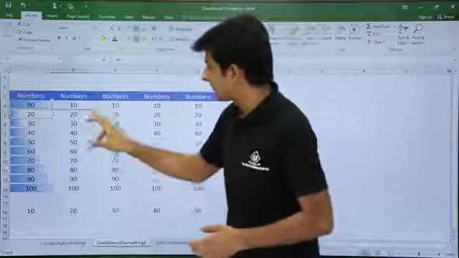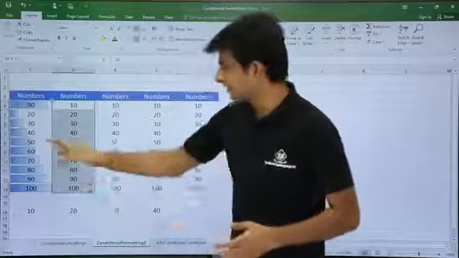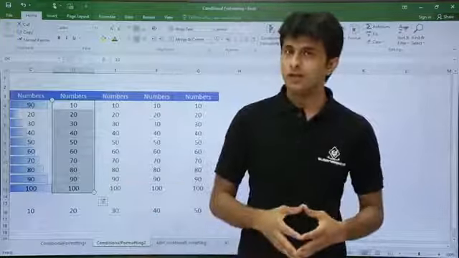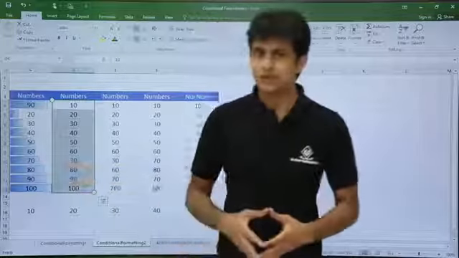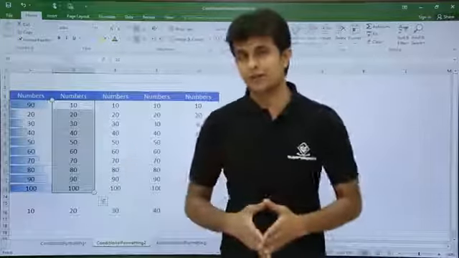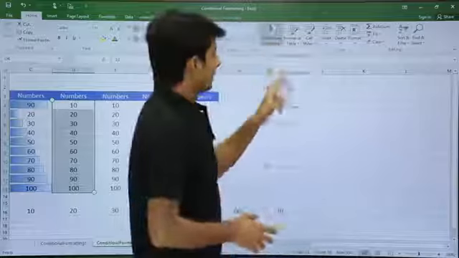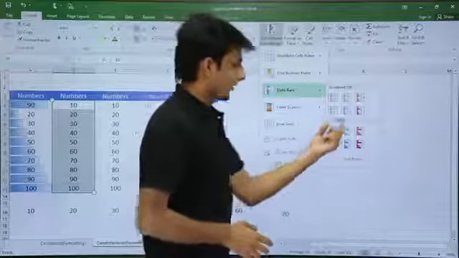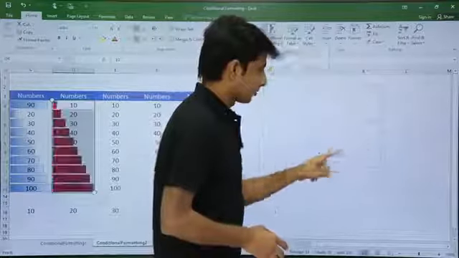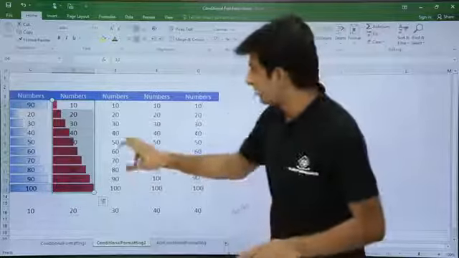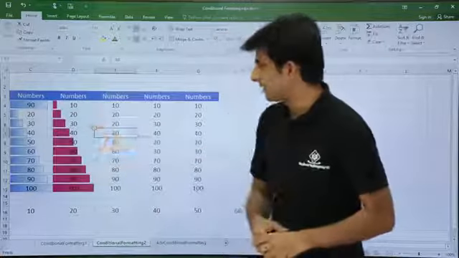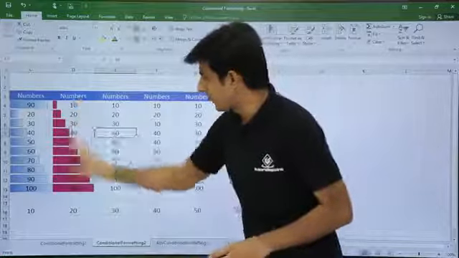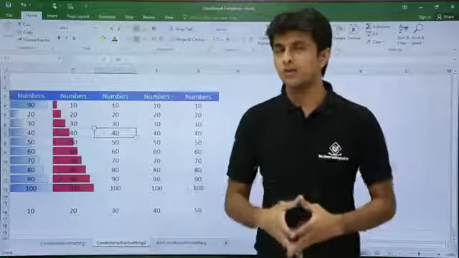Next we have, if you want some other color, this was for the gradient fill. If you want the solid fill, the gradient fill means the color is changing, it is going to the lighter shade. Now if I say conditional formatting data bars, I can select some solid fill in this way. I have selected this pink color. So you see this has been changed to a different pattern. As compared to the other one, this pink color is much brighter, so you can see that properly.